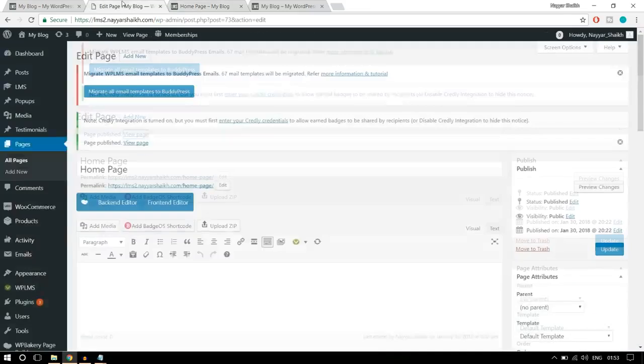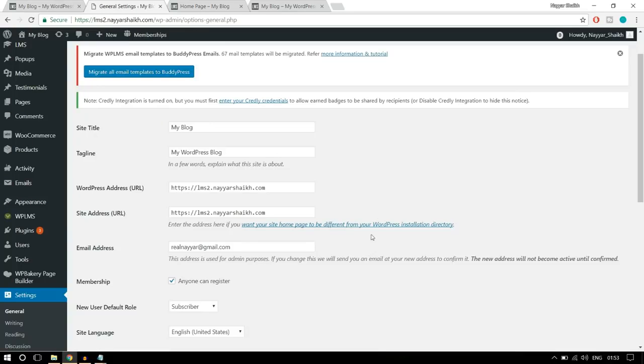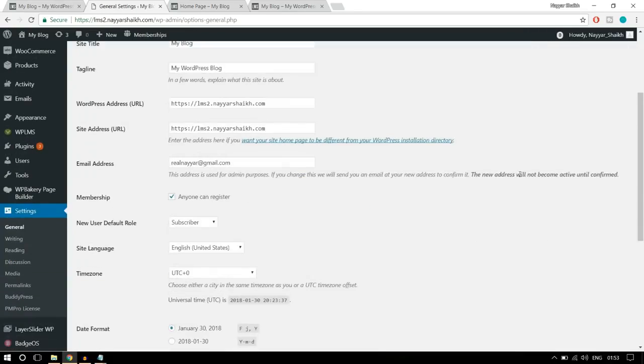So let's do that. So come back to your dashboard. At the left hand side, you'll see something called settings. Hover settings and click on general. Okay, so this is not under general settings. It is, I think, under reading. So under settings, you will click on reading,